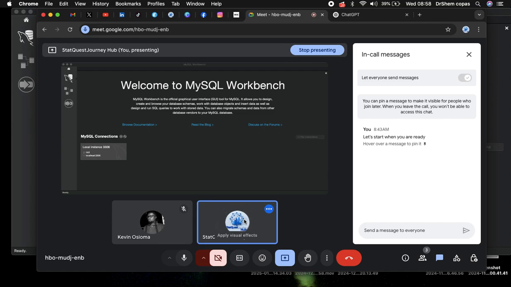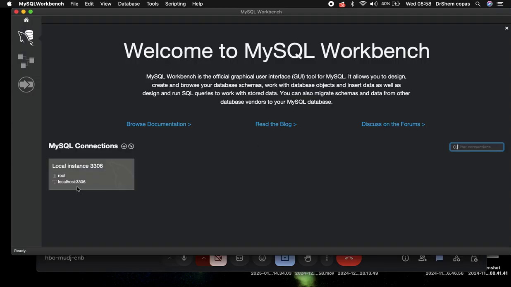Now, the good thing, the reason why when you're installing MySQL command line you find yourself also installing Workbench, is that anything you see here, my window where it's written MySQL connection, the moment I click here on local instance 3306,